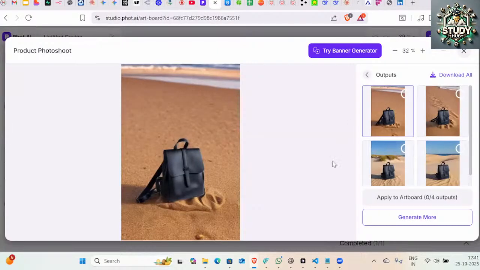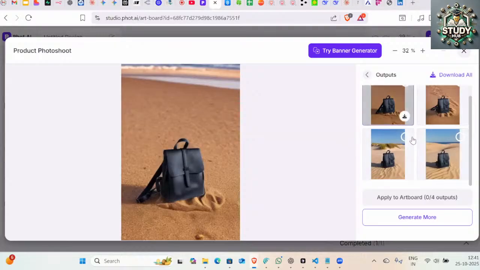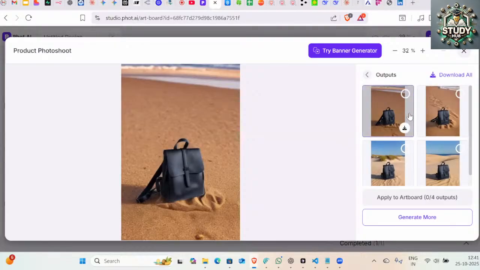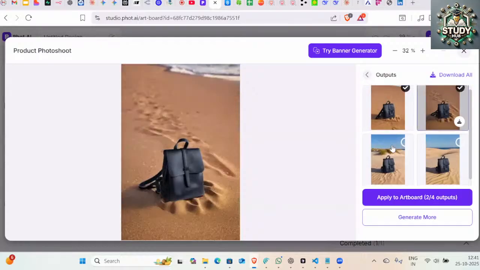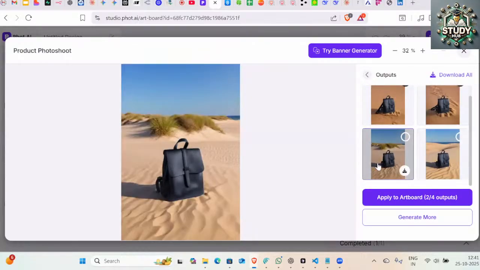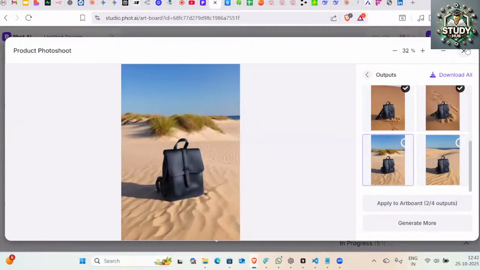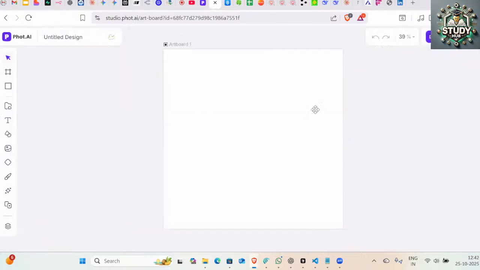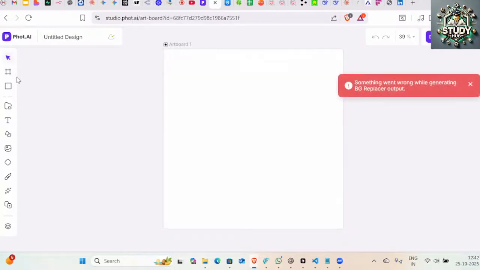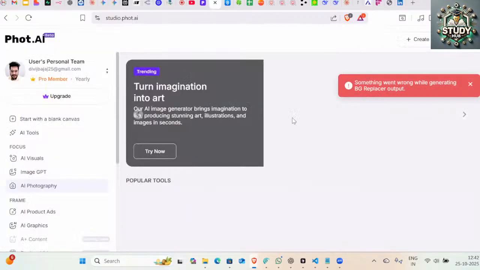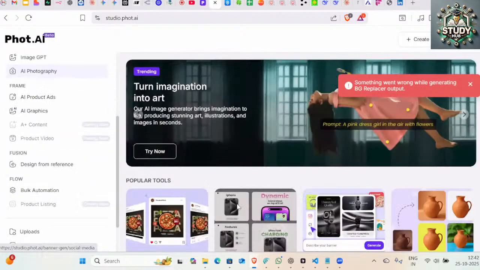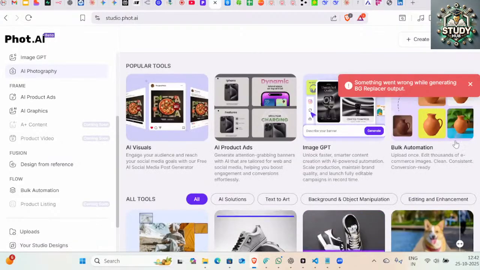Let's see. So this is our 4 different outputs you can have. You can mention more details, how the bag is to be placed and all that, and have a different set of images. You can click to generate more based on your idea. Anything related to photos or manual editing, adding text, all of these things you can do, plus the plenty of AI tools that come with it.